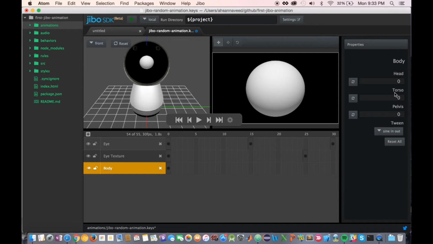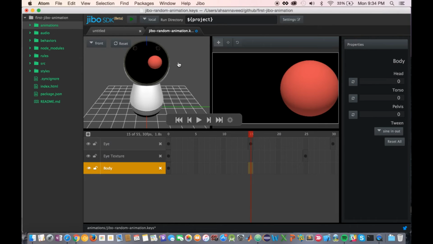Now we're gonna change the parameters of the body. Now we can add him to be able to bend over, or he can bow. And what we'll do is we'll slightly slide. We can get Jibo to slide over to the, let's experiment with that, and let's see what we can do. And we're going to save this parameter here,